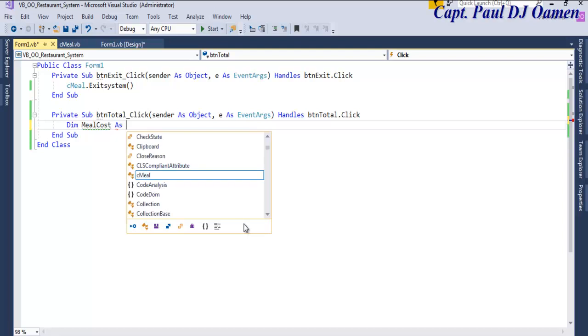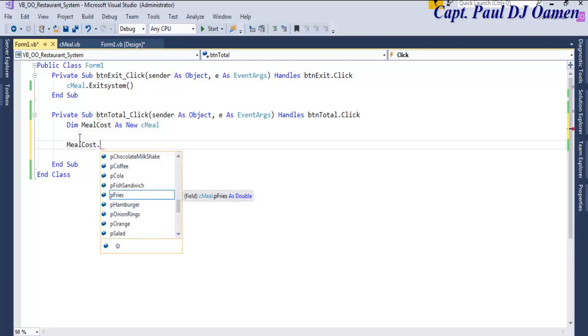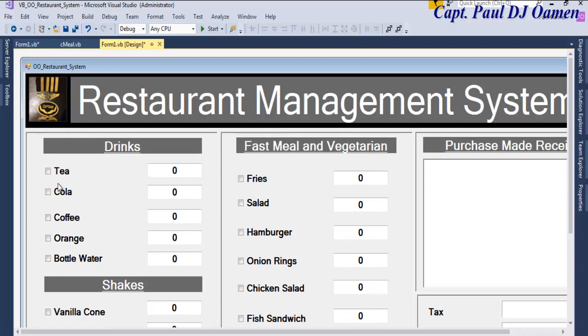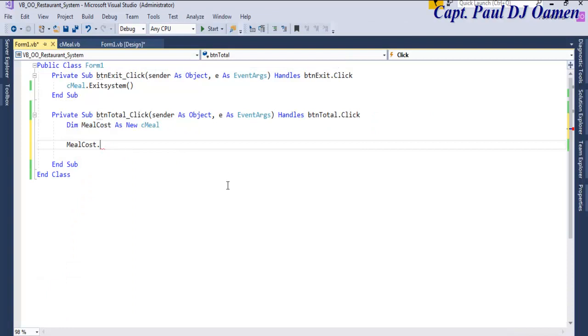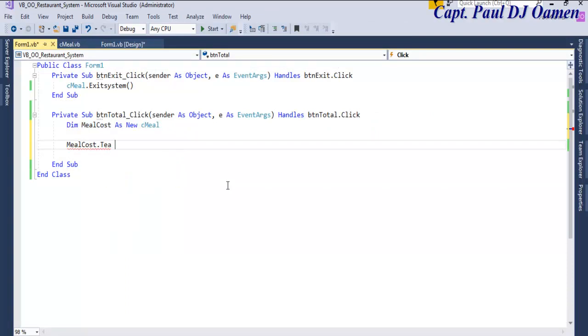as new cmail. Okay, the cmail first thing, let's copy that, paste dot. The first item on the menu here is, let's go up, that's okay, that's a T. So let's come in here, let's say dot T equals